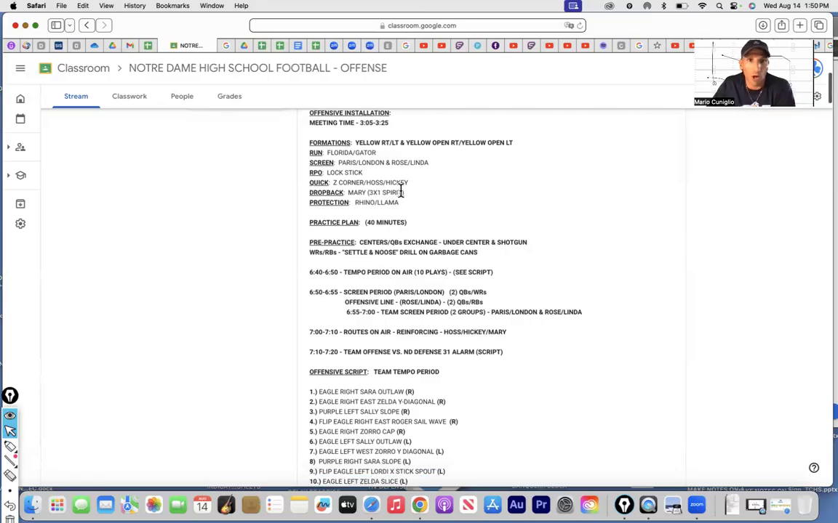We're also adding Hoss and Hickey. Hoss is hitch seam in 3x1. Number one's got the 7 back to 5 hitch. Number 2 has the seam, outside release, and then try to restack it and get back on your course. And then number 3 is going to run a ball route over top of the center,